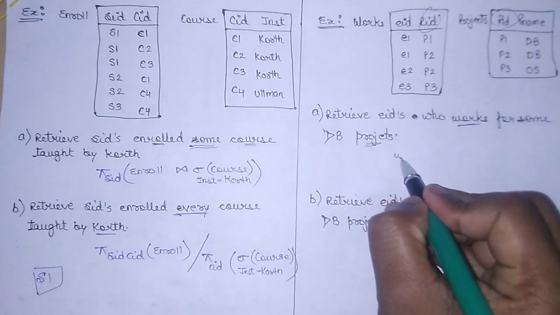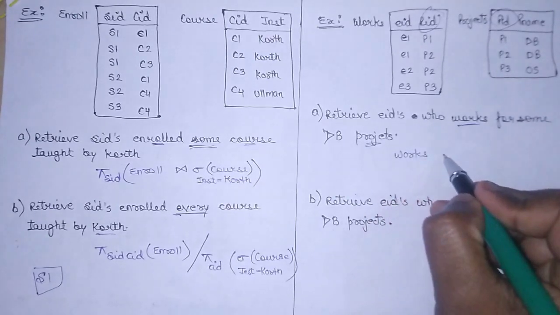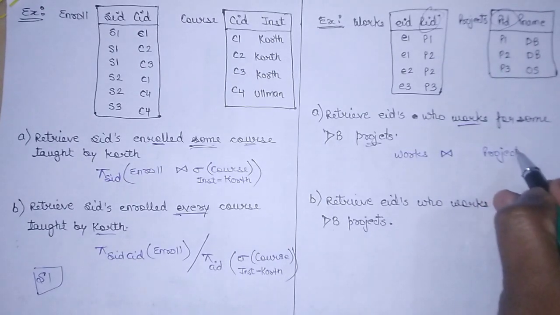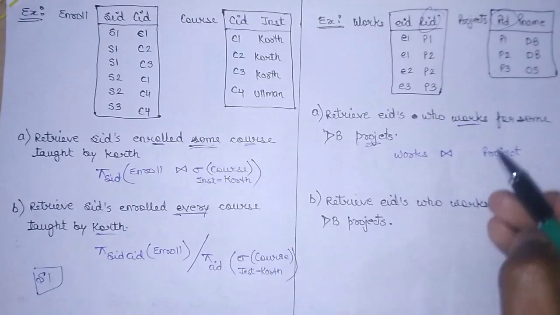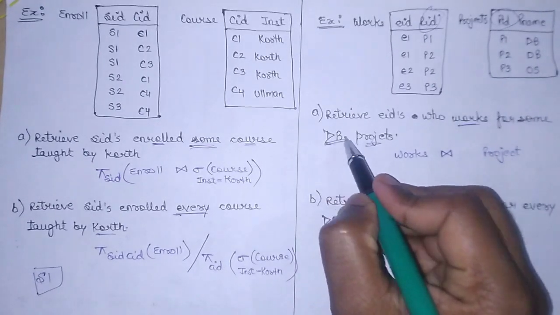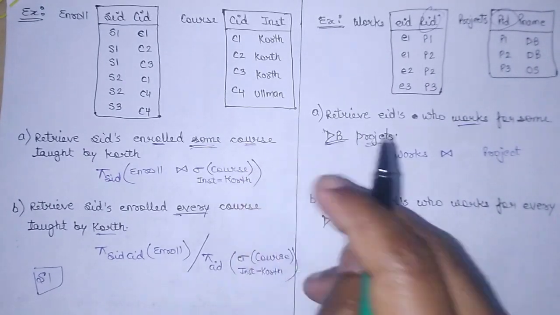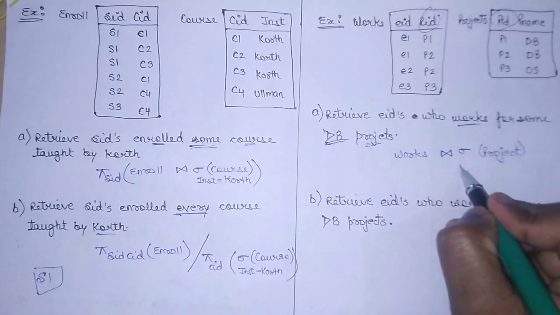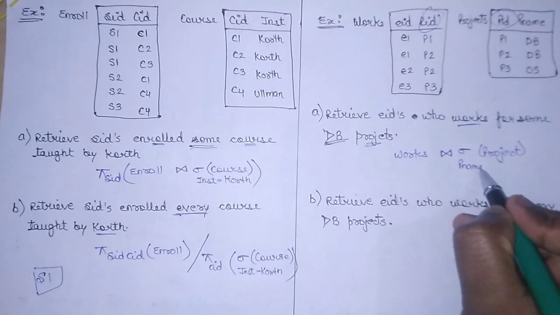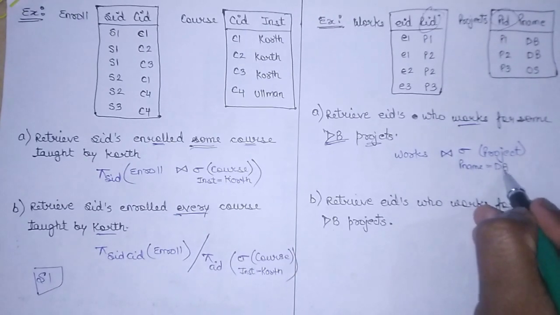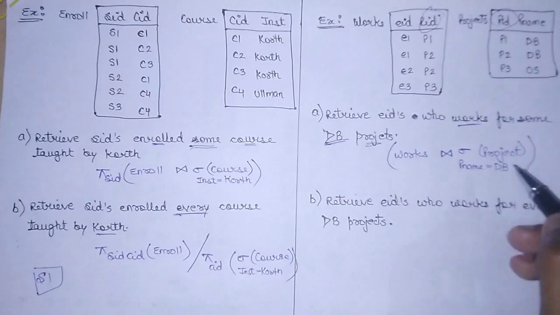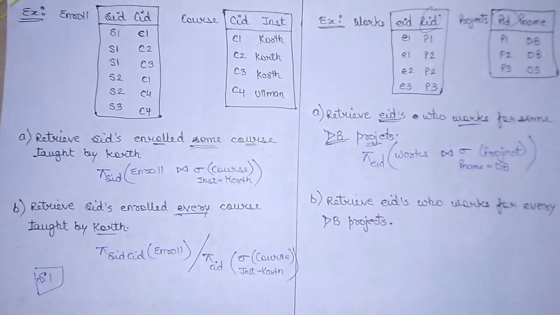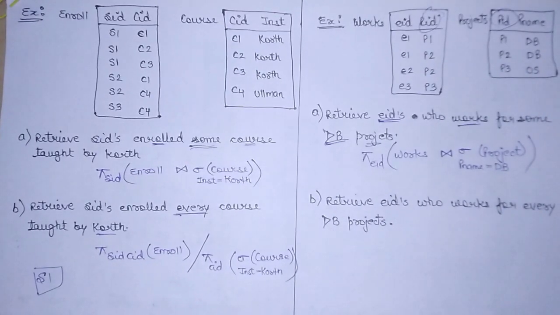So I am performing the join operation in works and project. But see, here is one condition, that the project name has to be database, because we have to deal with the database project only. That means select only those values where the project name is equals to database. So this will give you the all attribute. Then finally we have to select the employee ID. So project the employee. So this is how the first query work.